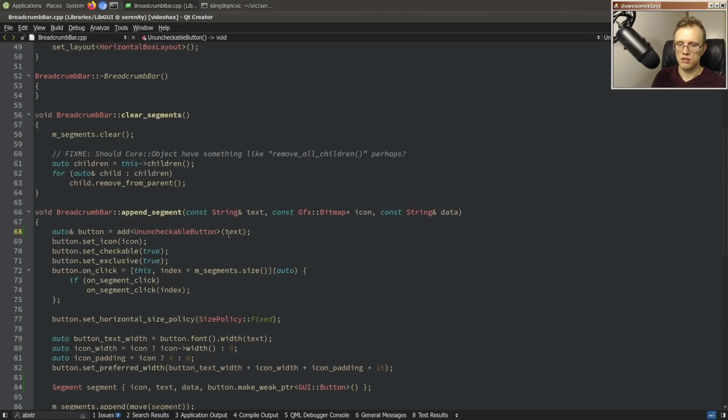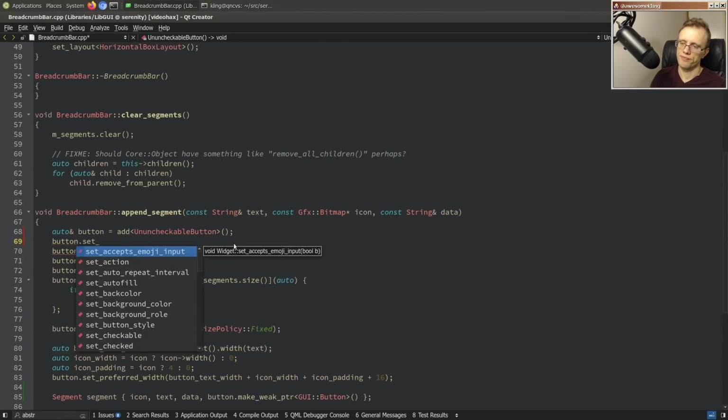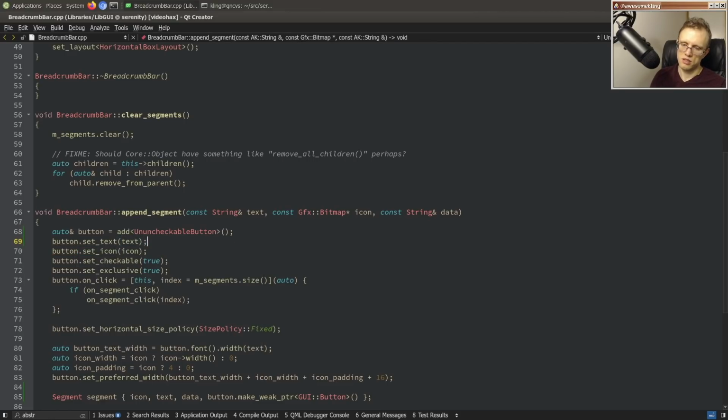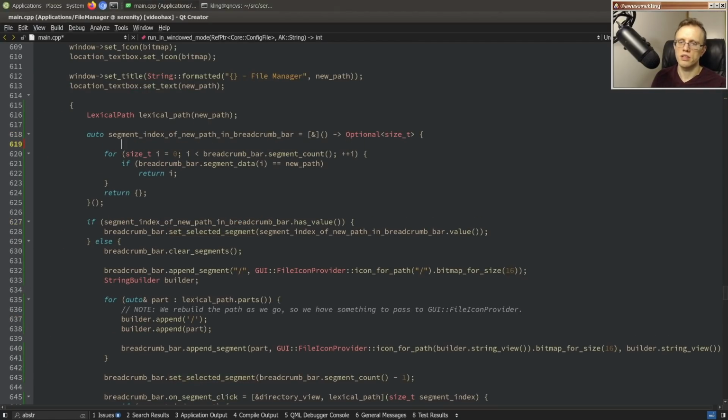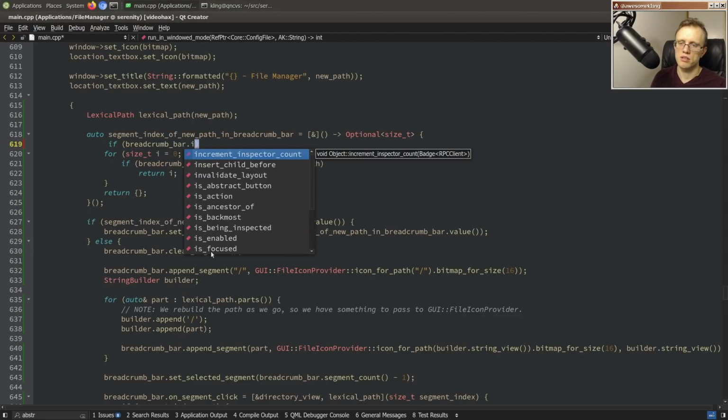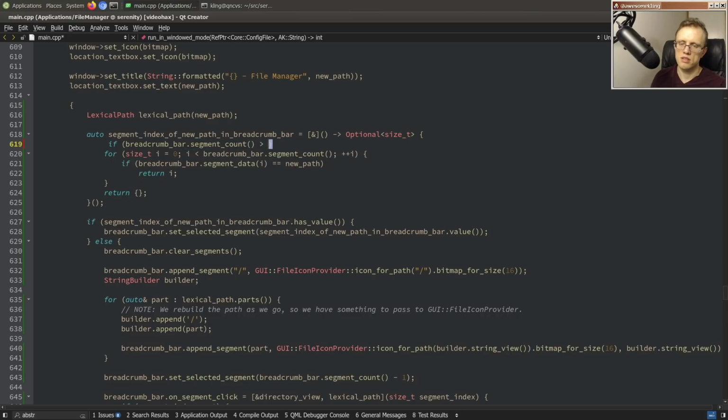And then the text. Slash was still messing up. Right, so let's fix that first. If breadcrumbbar segment count is more than 0, the path is slash and